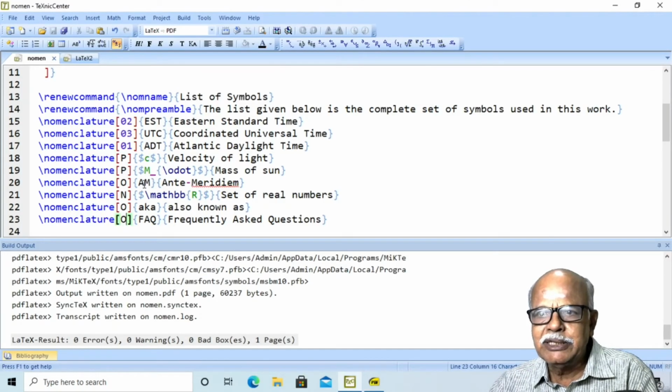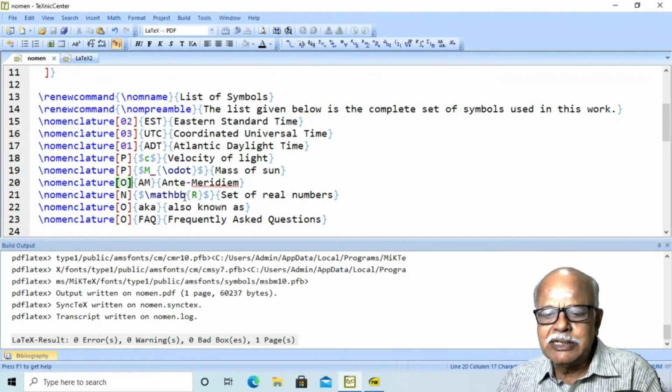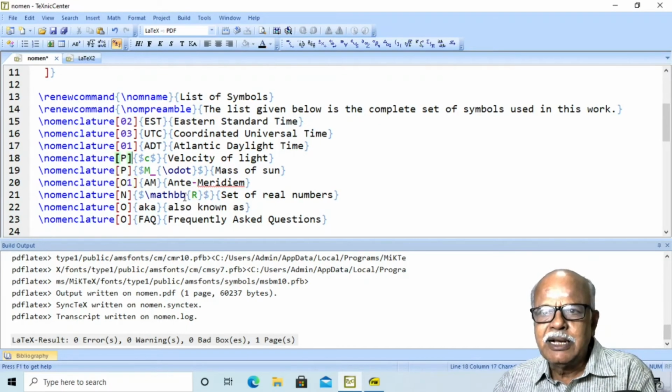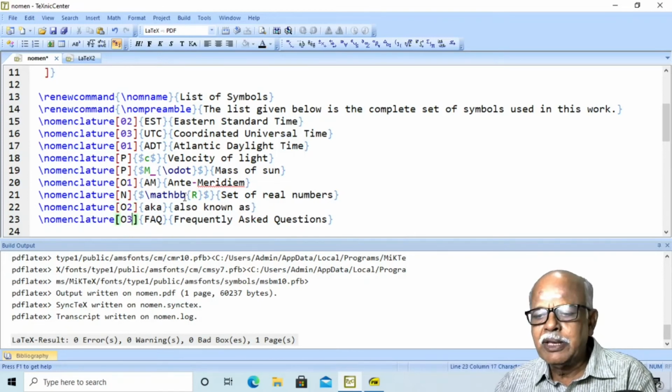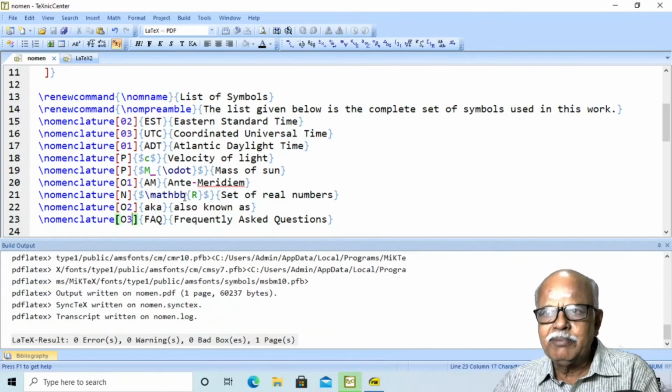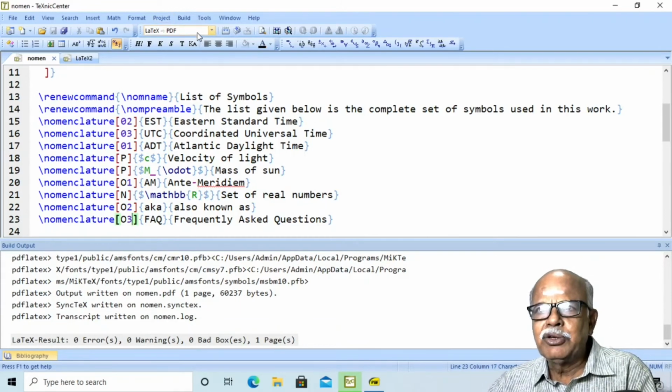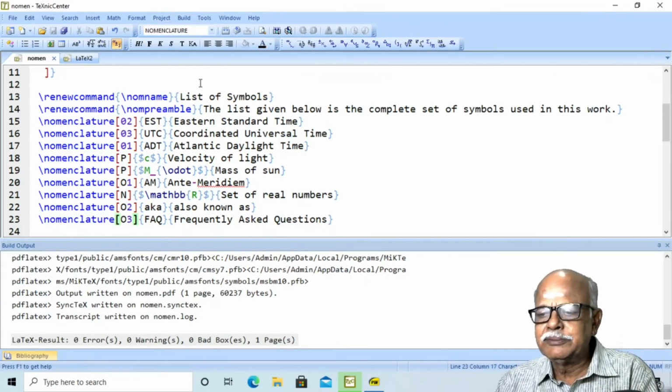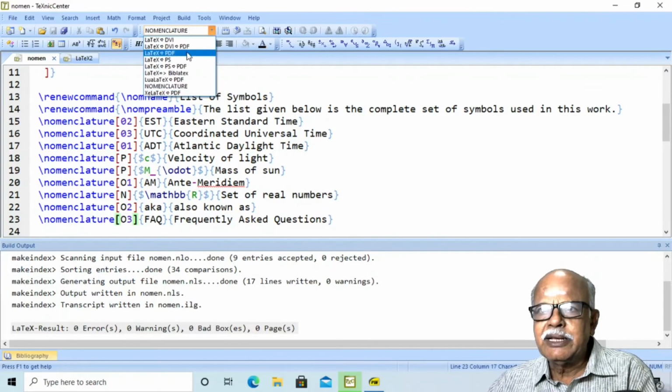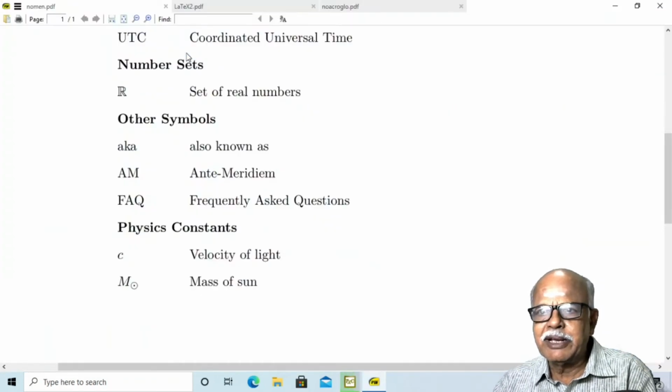What you can do is, in other symbols you can say O1, and here O3, O2 or O3. Compile, execute nomenclature, and again compile with PDFLaTeX. The output will be changed as desired by you.